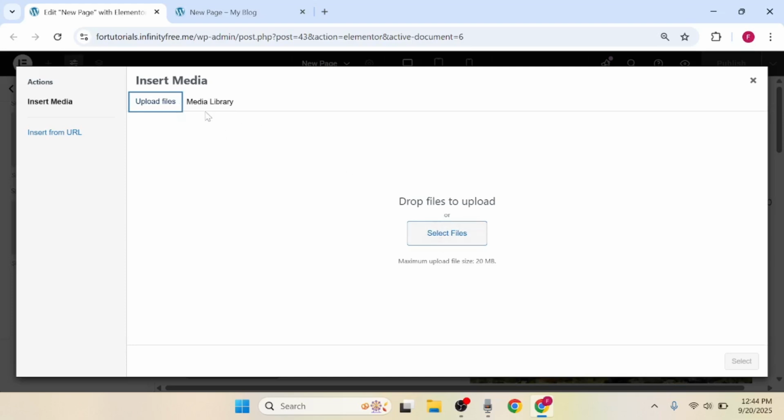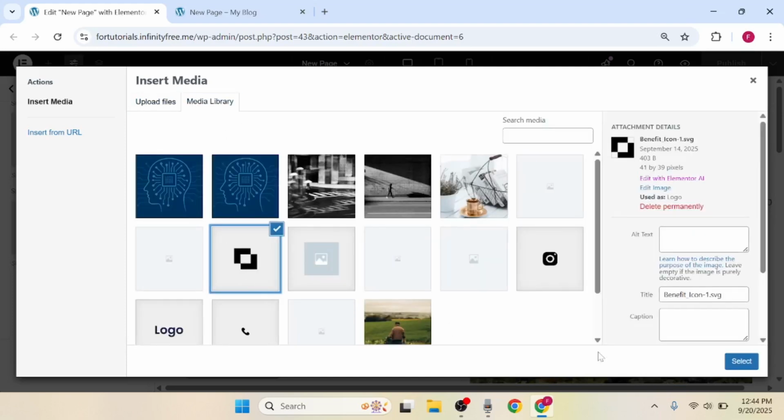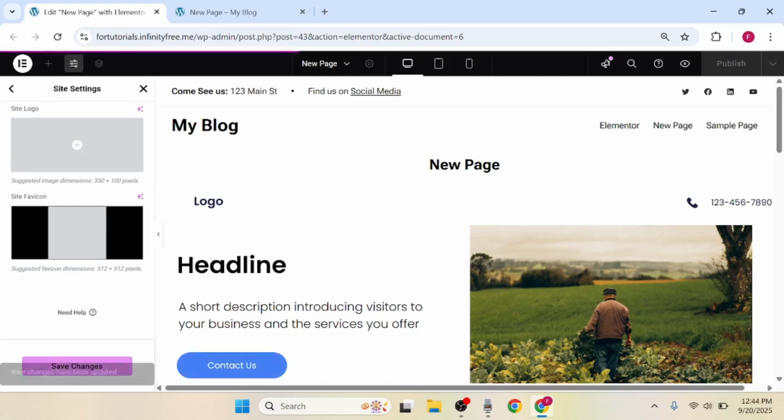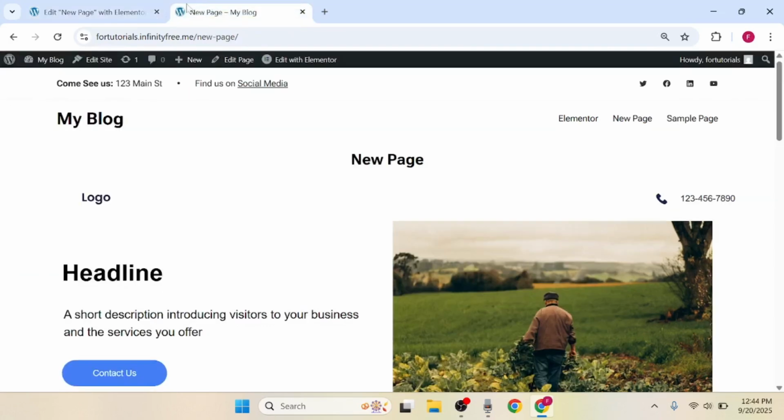Once you've chosen the image you want to use as your favicon, click on Select at the bottom right corner of the window. After that, don't forget to click on Save Changes at the bottom left corner of the screen to apply it. Now, if you go to your site and refresh it, you'll see that the favicon in the